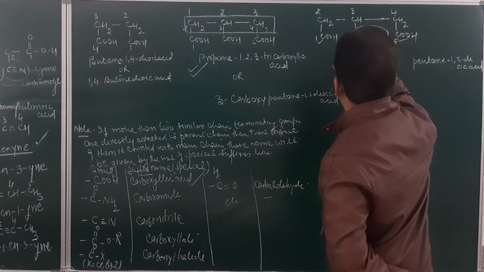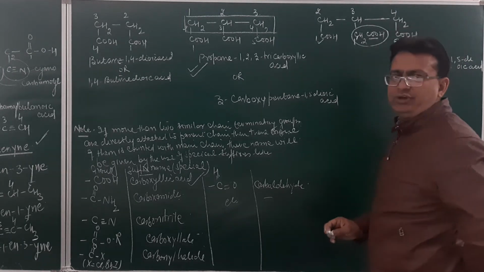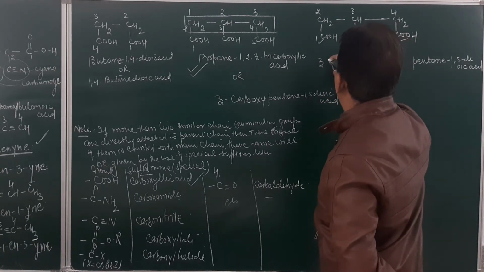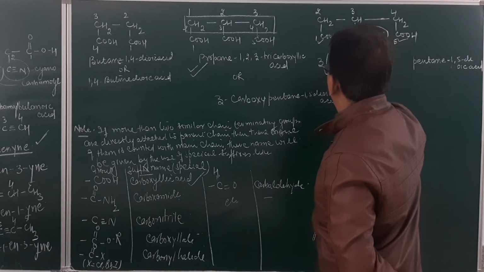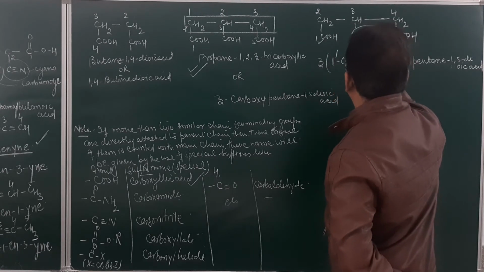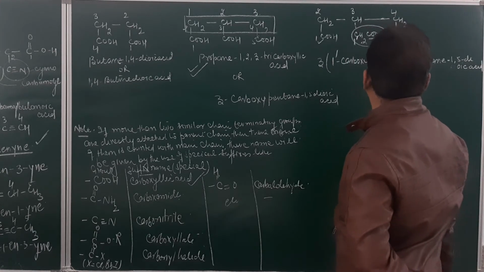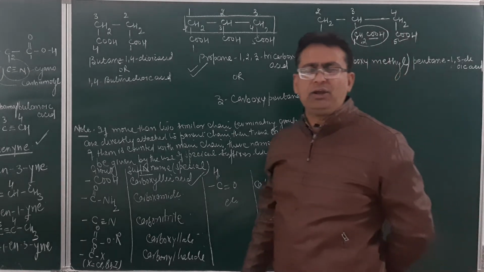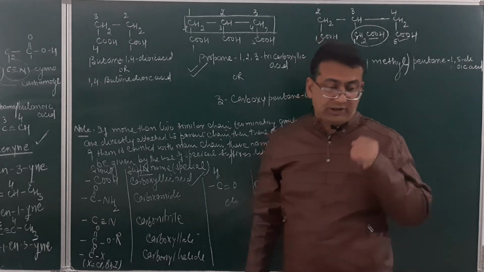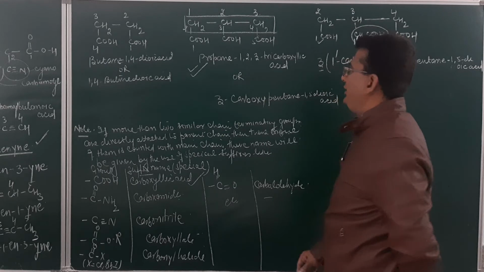So how will I name this? I will number this as 1 dash. Just understand this. At 1 dash, what is present? Carboxy. Overall, what is the point of attachment? At number 3. So 3 is the overall point of attachment. Then 1 dash and then carboxy. And for 1 carbon atom, this will be methyl: 3-(1-carboxymethyl)pentane 1,5-dioic acid. Overall, the point of attachment will be 3. It is a substituent within a substituent.